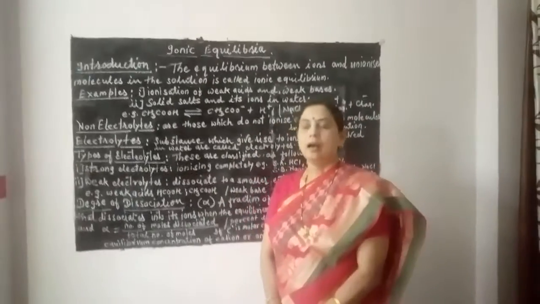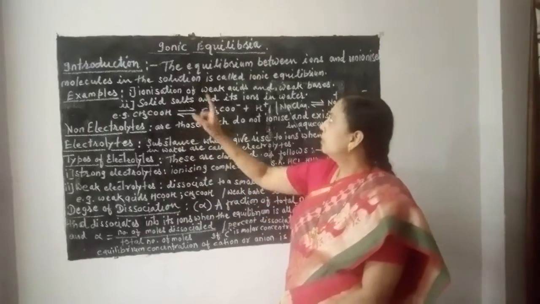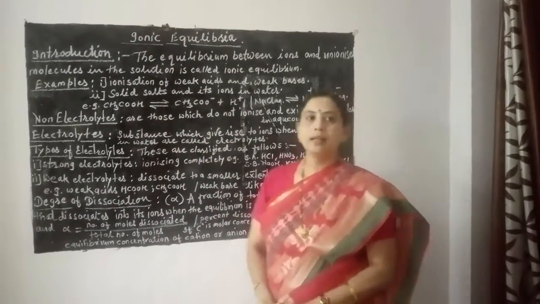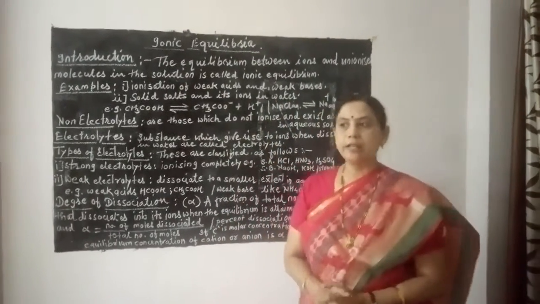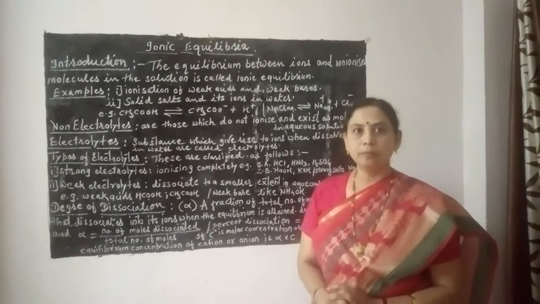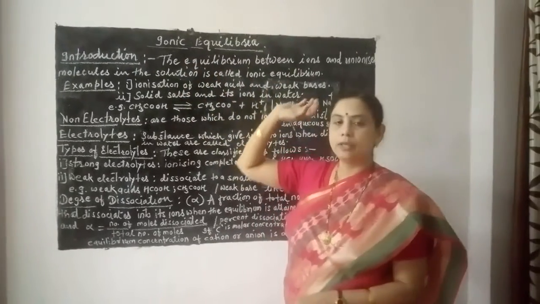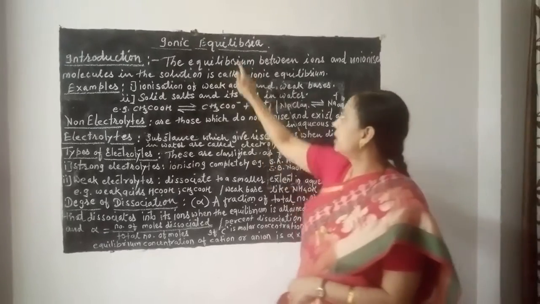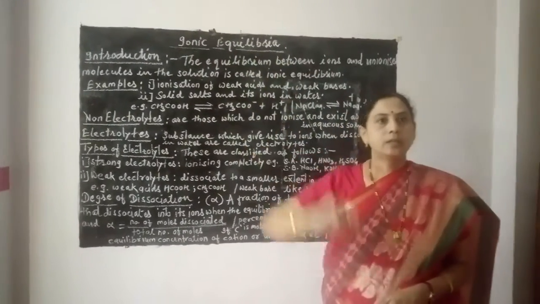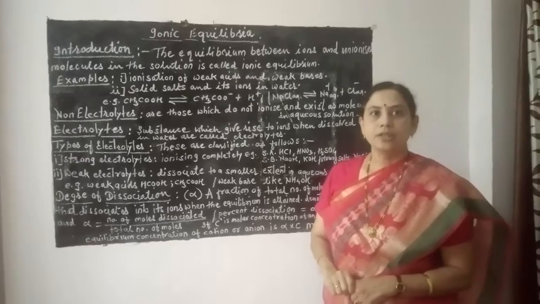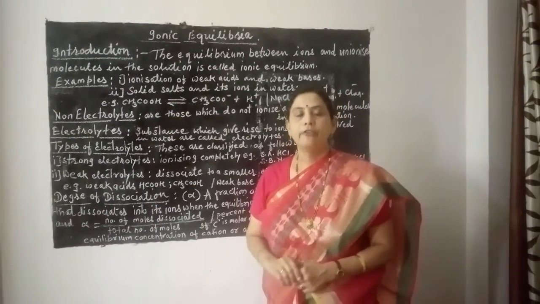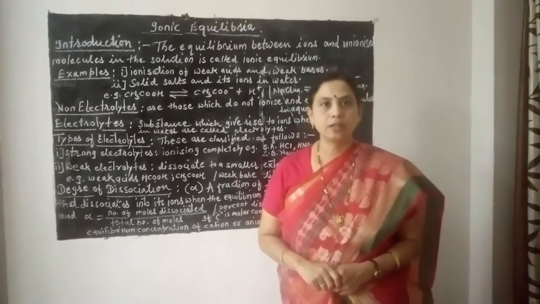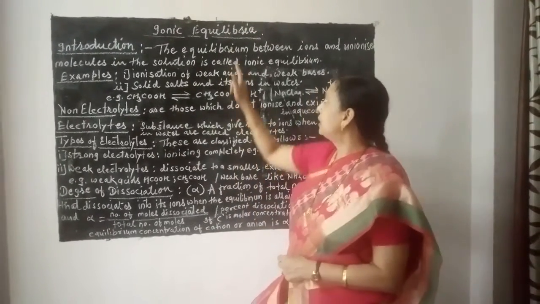Today I am going to teach you the third chapter of chemistry, equilibrium. In the 11th class you have already studied the chapter chemical equilibrium related to ionic equilibrium. So we shall first recall again what is equilibrium. Listen here. The stage in a reversible reaction where the rate of forward reaction is equal to the rate of reverse reaction is known as equilibrium.